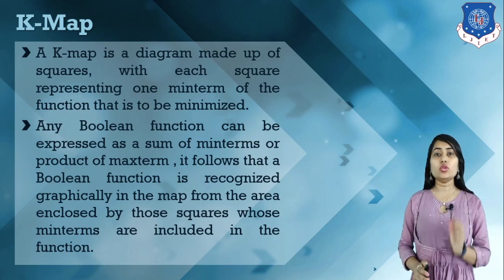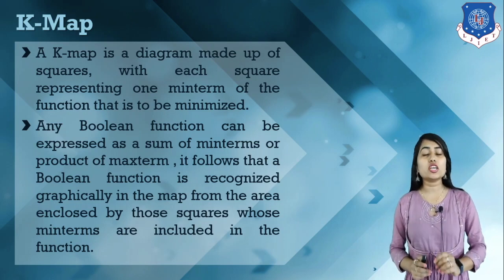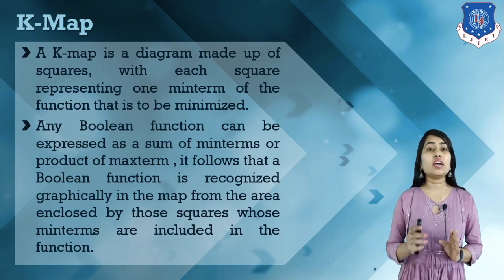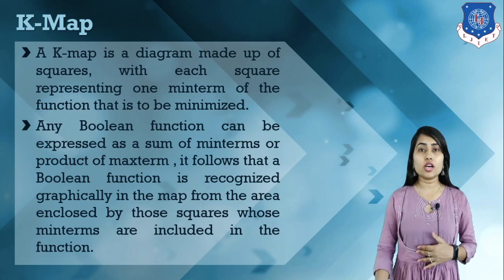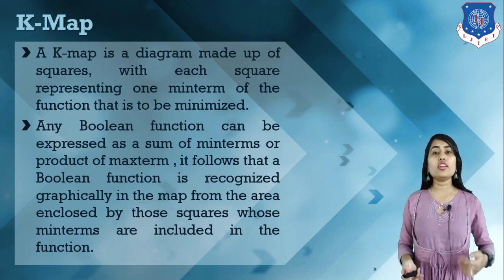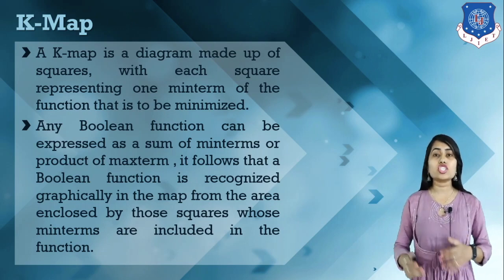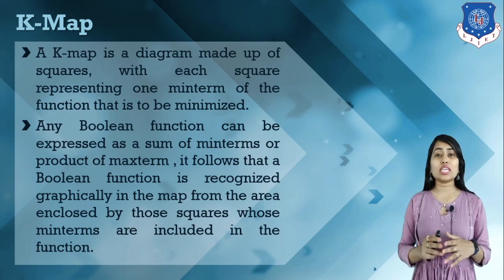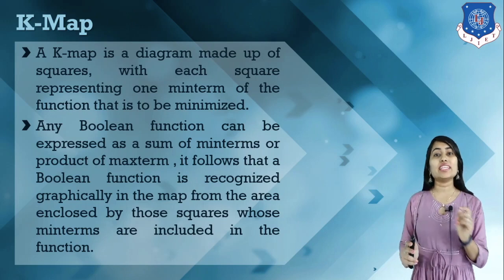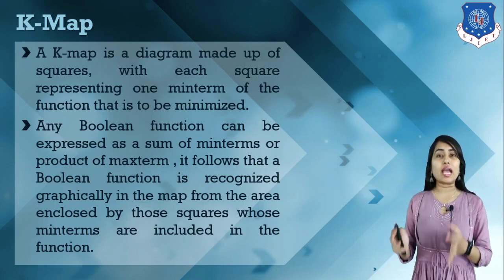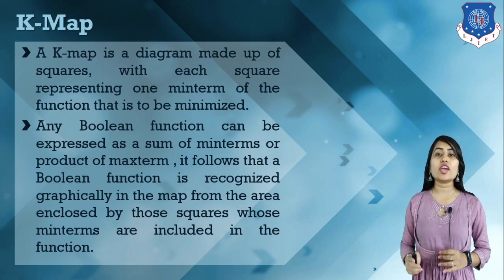Any Boolean function, or logical function, can be formed in terms of either sum of min terms or a product of max terms, and for any output value we consider our terms either in sum of min term form or product of max term form. If we consider either the sum of min term input conditions or the product of max term input conditions, we can make an individual square for the various input conditions, and if we combine the squares for simplification, we get a simplified logical function.